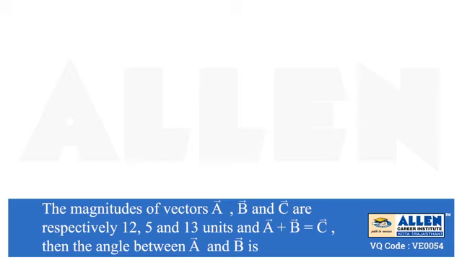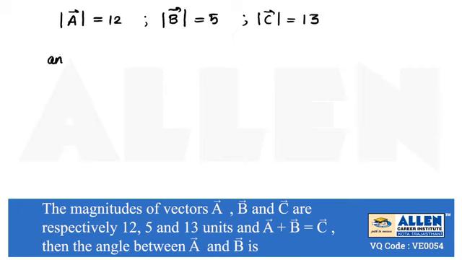The magnitudes of vector A, vector B and vector C are respectively 12, 5 and 13 units, and A vector plus B vector equals C vector. Then the angle between A vector and B vector is? So here we have given three vectors whose magnitudes are given. That is, A vector having magnitude 12, B vector having magnitude 5, and C vector having magnitude